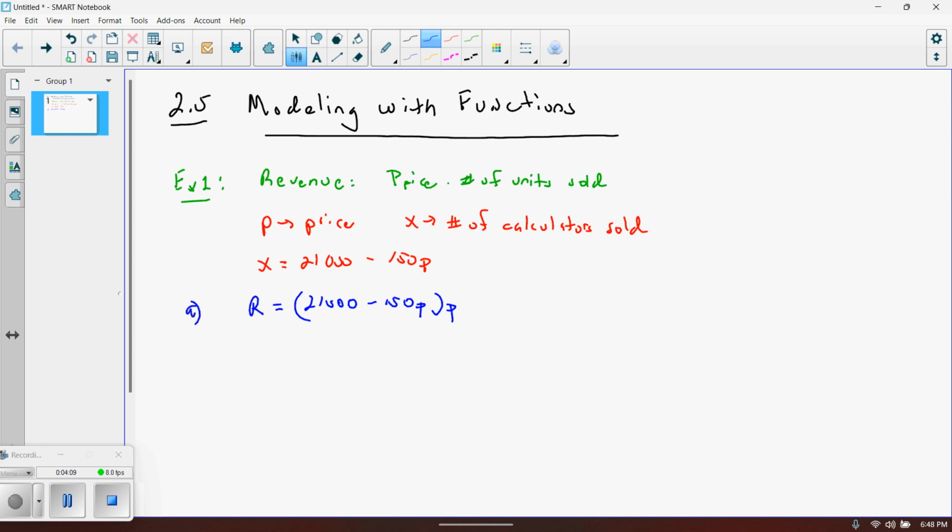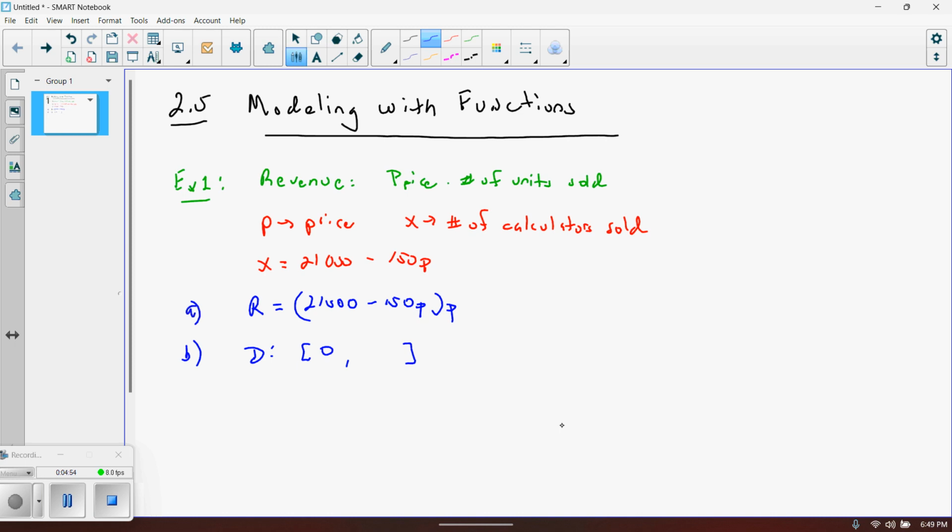What's the domain of this? This is one where you kind of have to think about it, and there's some logic involved, and then there's going to be a little math involved. So we're talking about the domain, which is going to, in this case, go with your P value. P happens to be your independent variable, where R is the dependent variable because the revenue depends upon the price. So since we're talking about the number of units or calculators sold in this case, you can't sell less than 0. So 0 is the bottom of your domain. So we could sell 0, which would be bad for business. And then we could sell up to a certain amount